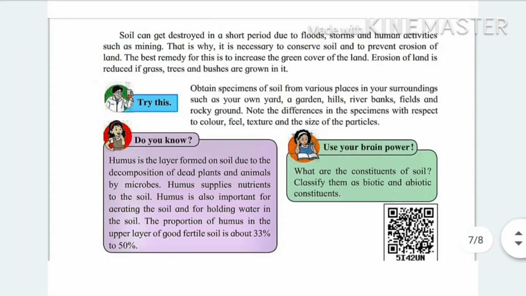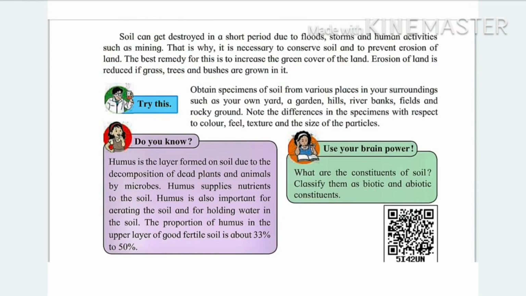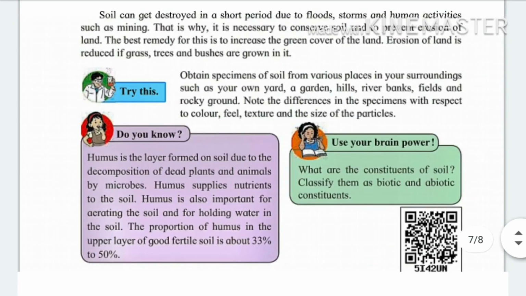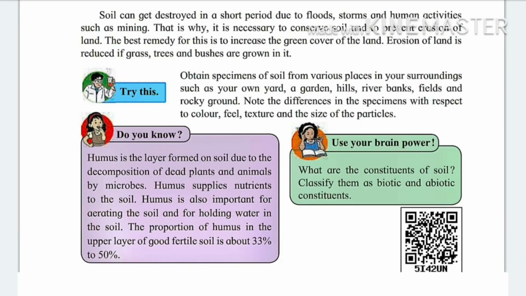Now, soil can get destroyed in a short period due to floods, storms and human activities such as mining. Humans are not the only ones destroying the soil; there are natural activities like floods and storms too. That is why it is necessary to conserve the soil. The best remedy for this is to increase the green cover of land. That's why planting trees is so important, and erosion of soil is reduced if grasses, trees and bushes are grown